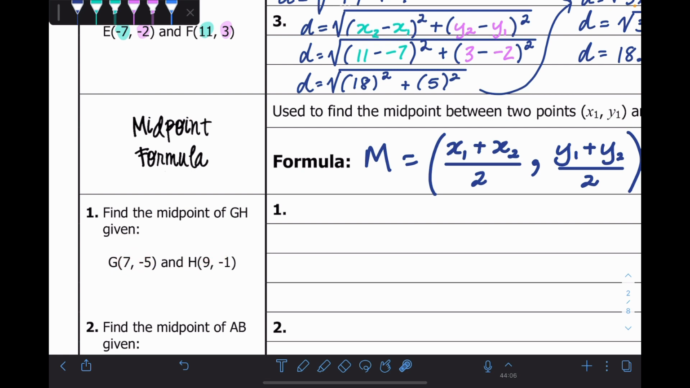Find the midpoint of GH, given that G is this point and H is this point. So I've got these numbers, and I'm just going to get my formula and substitute it straight in. M is equal to open brackets. Let's find out what my x's are. This is my first x value. So I'll write that down as 7 plus